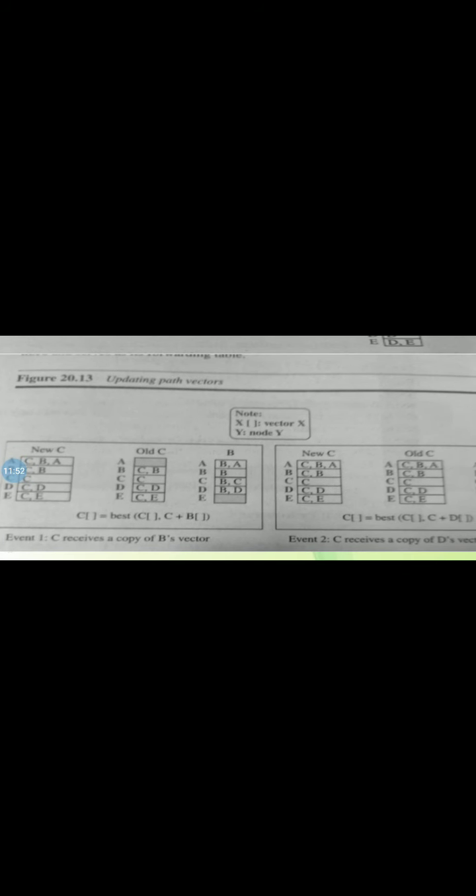So C receives event 1, event 2. You can see new C has some changes as compared to old C. See here, old C and C here. It has changed.